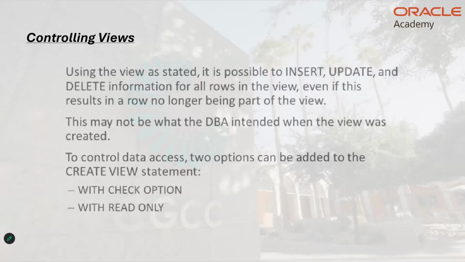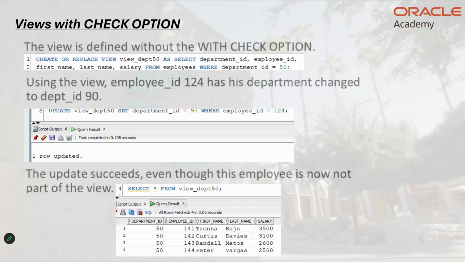It is possible to change the value, change the data through the view, which actually changes the base table. Remember that, unless there's some restrictions on it. So essentially, you have two pretty good levels of restriction to ensure that you're not changing the validity of the data through a view. So the two restrictions are with check option and with read only. Once again, most of the views that I've created have always been with read only. And this view that we just created,